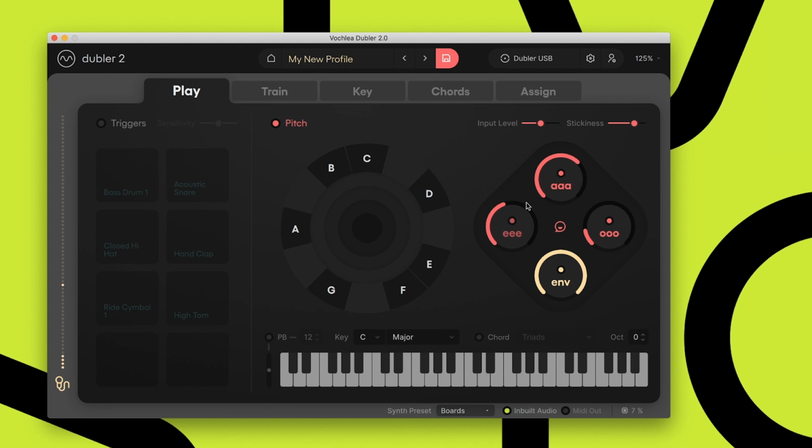And on the right we've got these 4 dials. So these are our CC dials, the top 3 being val and the bottom being envelope. You can use those to control effects in your DAW, and I'll talk about those more in a little bit later as well.